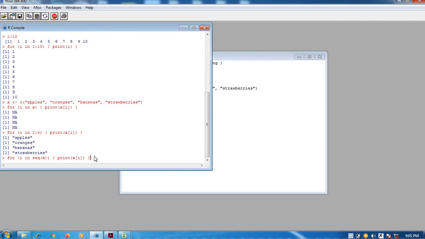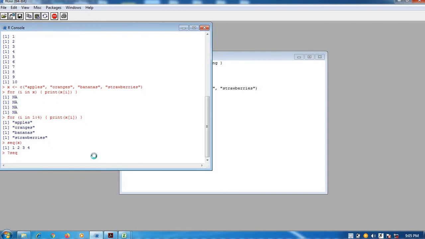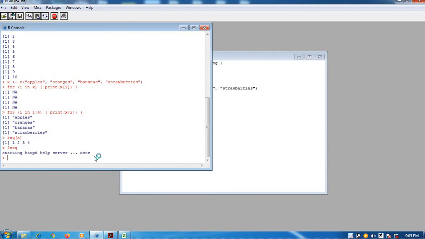Before executing this for, I think I have told you already, what is the sequence of x giving? What is the sequence? You can get the help. From this you have understood that the sequence of x is giving you how many values there are: 1 2 3 4, four strings.